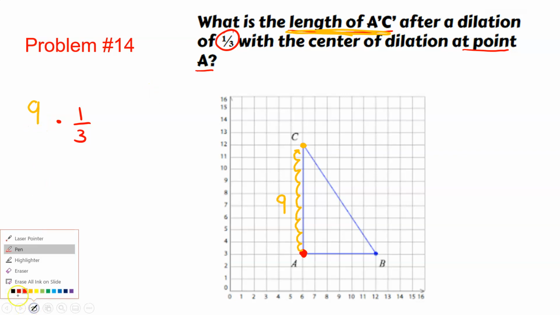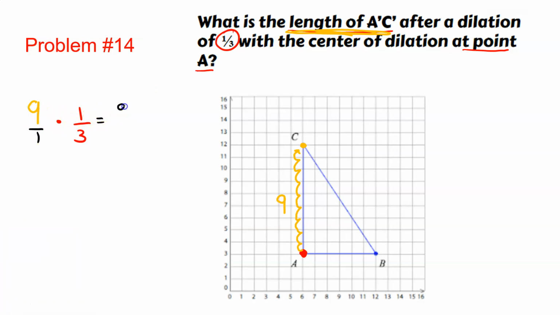9 over 1. If I multiply across the top, 9 times 1 is 9. 1 times 3 is 3. 9 divided by 3 is 3. That is the new length from A prime to C prime. That new length is going to be 3